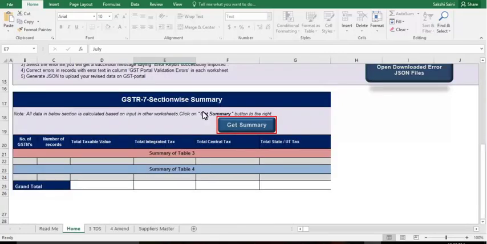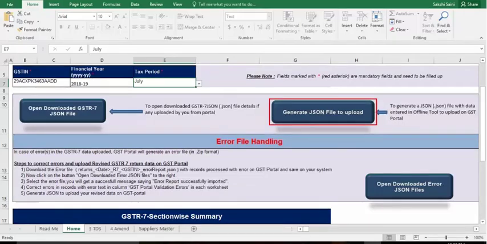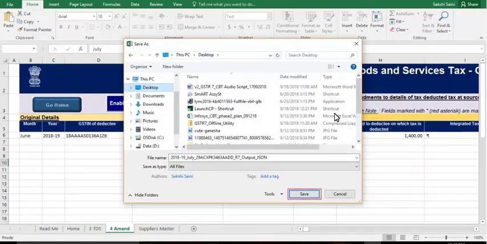Click the Get Summary button and the summary of all the entries filled in the 2 tables, Table 3 and Table 4, is displayed. Go through it to ensure that the details entered are complete and correct. Now, as the last step, scroll up and click the Generate JSON File to Upload button. Click Save